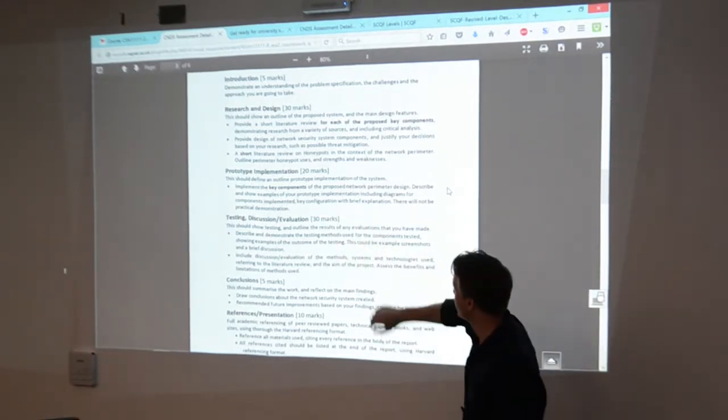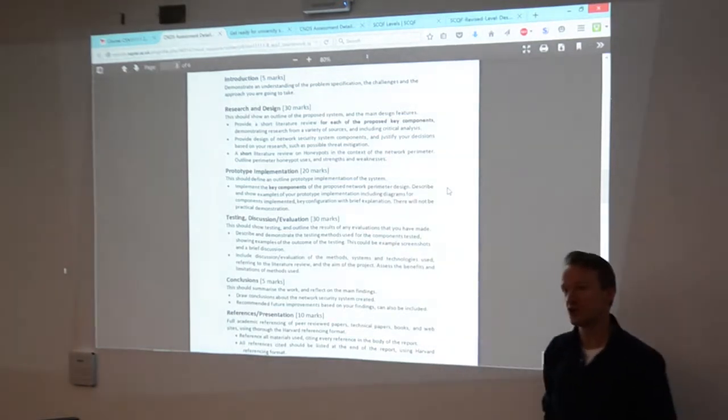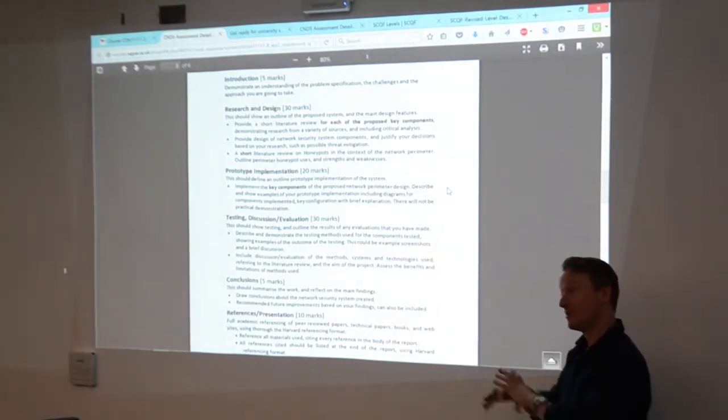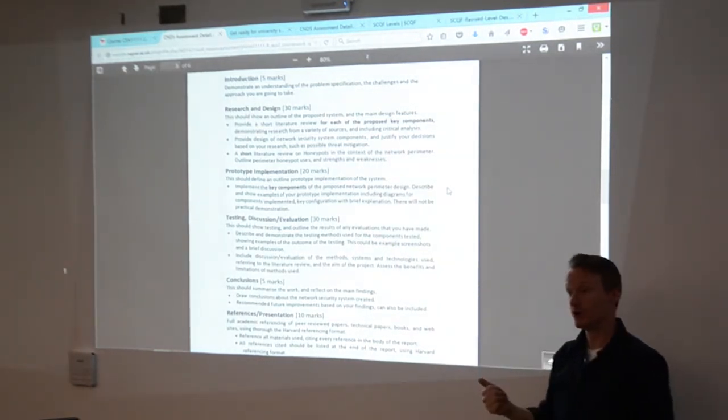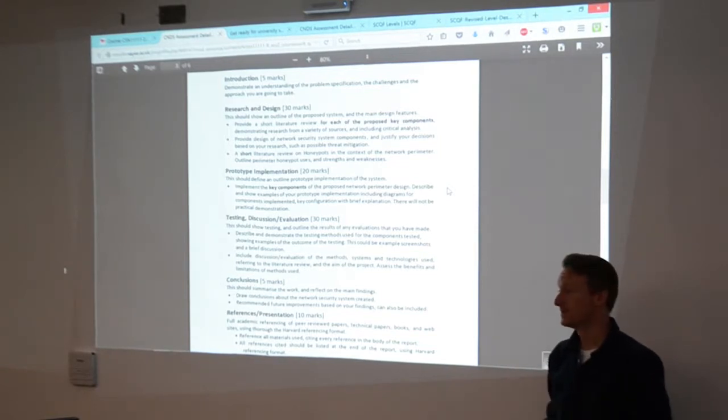So what else might go in here then? What else might go in the implementation section? What might you do for your implementation, and how might we write it up? What might go in your report, and what might you actually do? So GNS and such like, yep. So what might go in the report? How do we show that we've done these things? Screenshots maybe, maybe some configuration, maybe some diagrams of topologies, that sort of thing.